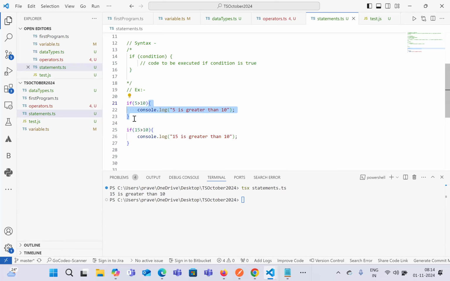So in this case, if you see, we have lost track of what we are trying to check: if 5 is greater than 10, then print that 5 is greater than 10. If it is not greater than 10, then it should also return us some value, right? So that's why we mostly don't use the if statement alone. Only if you know that sometimes you have to skip the else part, then we'll go for writing only this condition. Example,